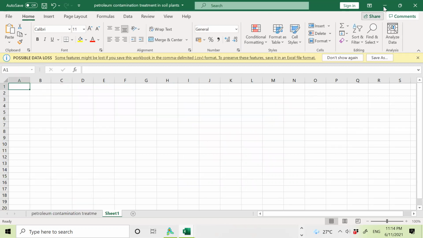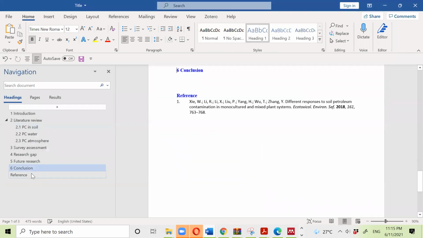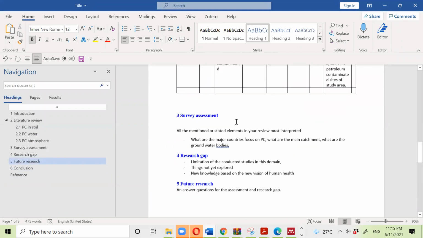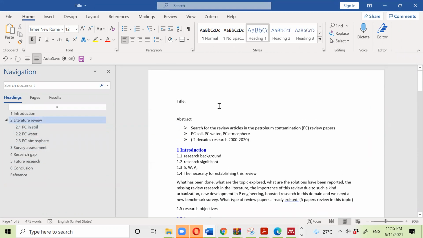What else? This is for now regarding VOSviewer. I'm going to go back to the paper here. So most of the sections have been covered here. I hope it will be of benefit for you. So the title, finally, we can say that